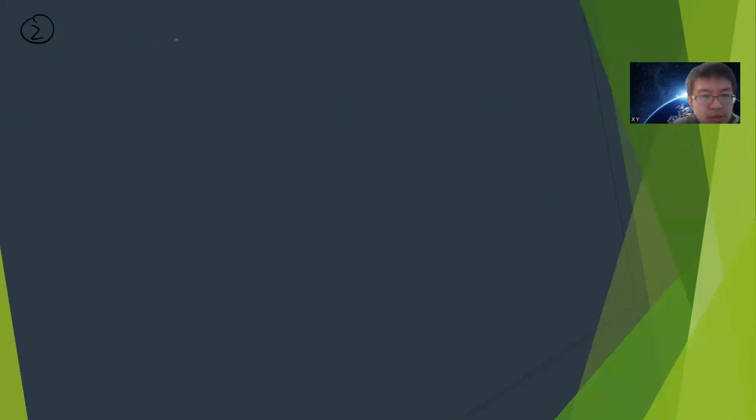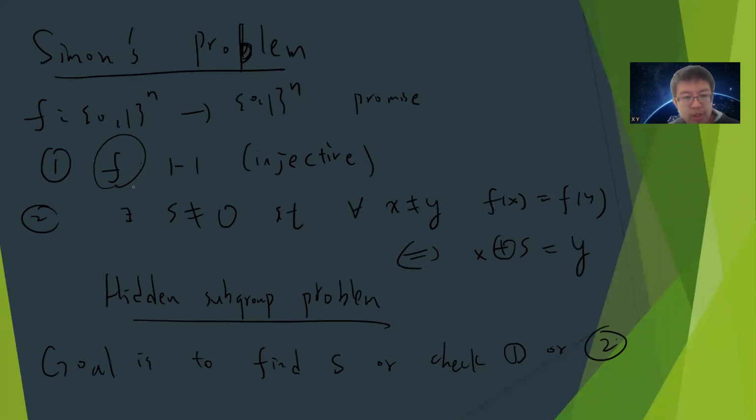So we need to show that this is not in BPP to the O. This is simple, because you actually have 2 to the n inputs, and you need to find s. The only way you can find s is to find x and y that are different. If they are different, then you can compute s as x bitwise y.